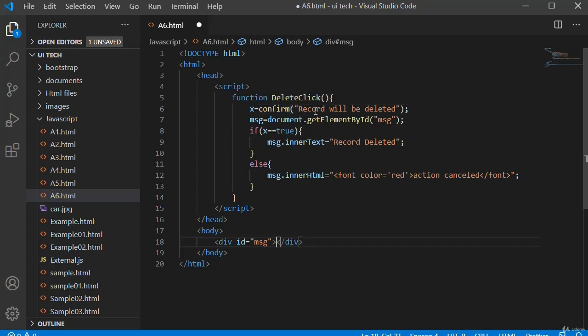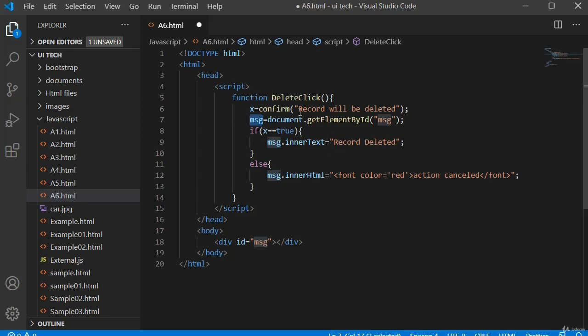If our confirm message is returning true, it will be stored in x. Then if x is true, our if condition is executed with msg.innerText equal to record deleted.